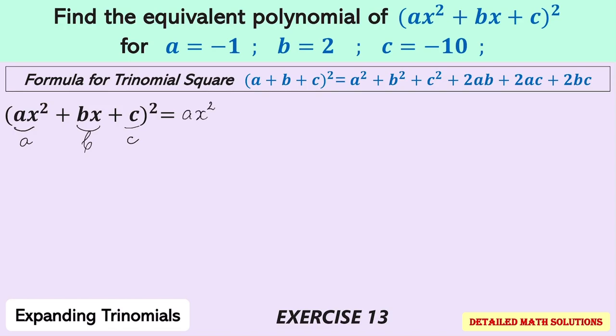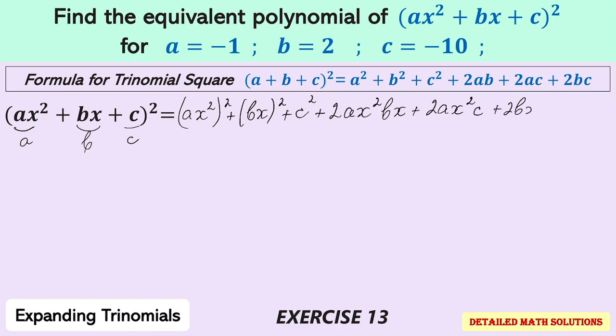(ax squared) in parentheses squared plus (bx) in parentheses squared plus c squared plus 2 times ax squared multiplied by bx plus 2 times ax squared multiplied by c plus 2 times bx multiplied by c. When I simplify further, this equals